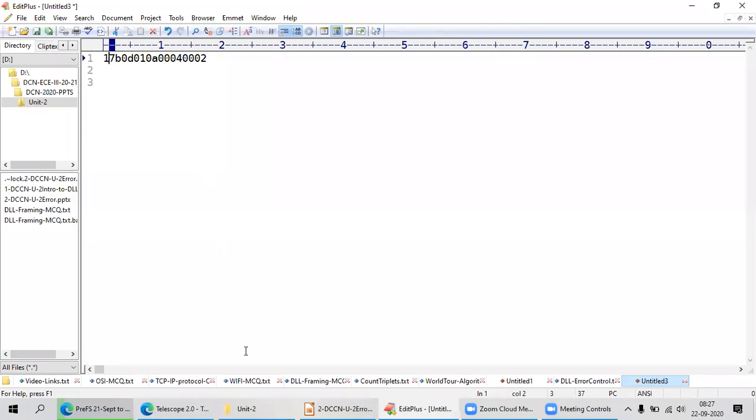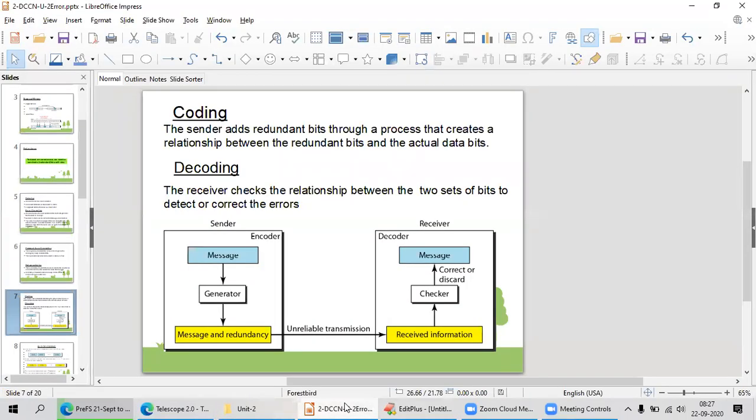First of all, in this coding and decoding, I will have a message generator. Generator is nothing but your mechanism, like adding the zeros after each letter of my message. That is my generator. Generator will generate the message with redundant bits. You get a proper encoded message with redundancy, shown in yellow color.